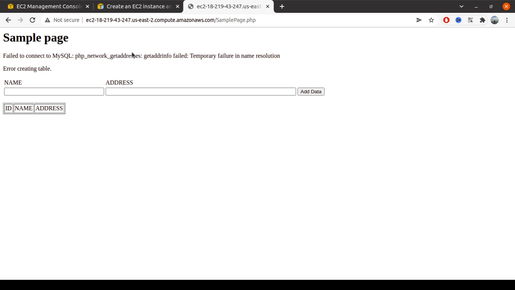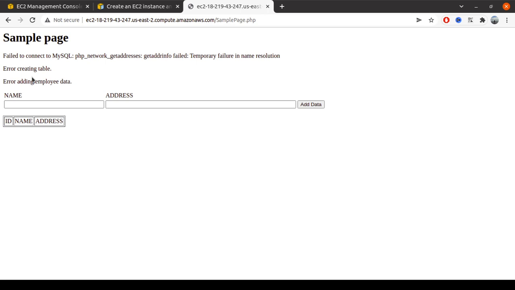Now we can see this is the first script. It shows a failure to connect, but no problem. Let's try to add the data.